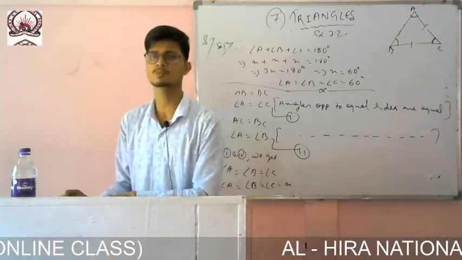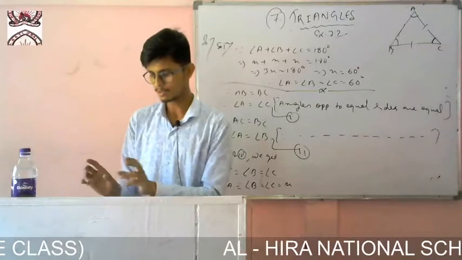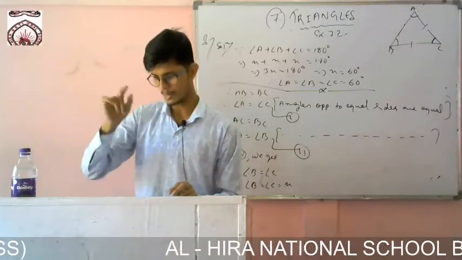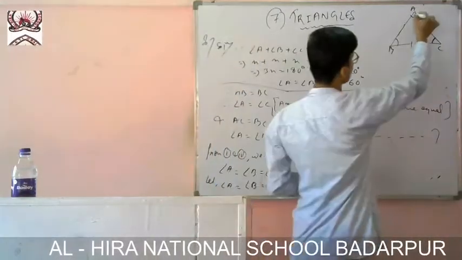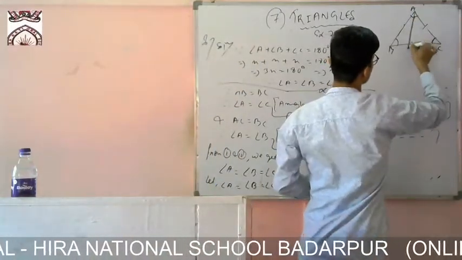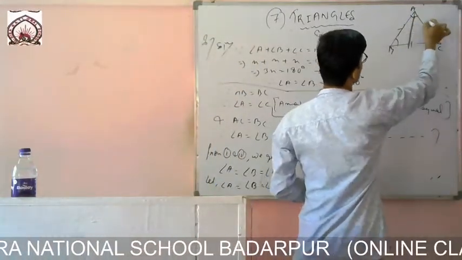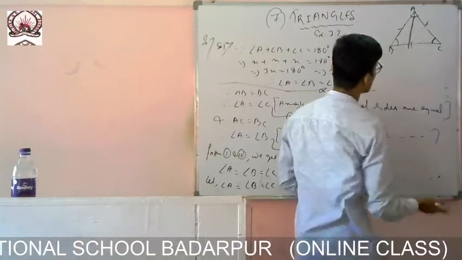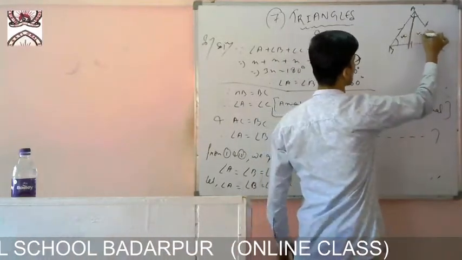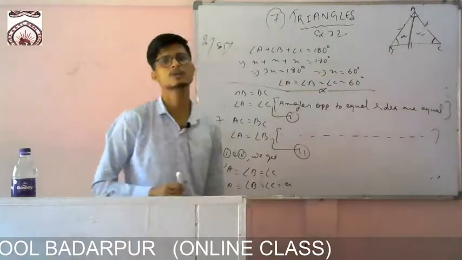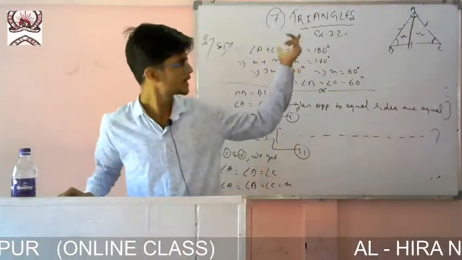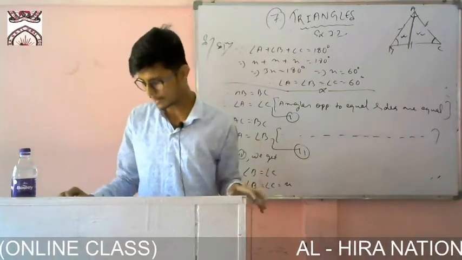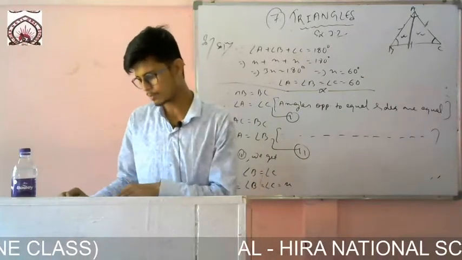So many questions we have done like this, where one triangle is given and one bisector is given like this, and you have to prove that this side is equals to that side. Very easily, we have shown that these two triangles are congruent, and then we have written corresponding parts of congruent triangles are equal. So we have written AB is equals to AC, and we have proved that it is an isosceles triangle. So this one you can do.